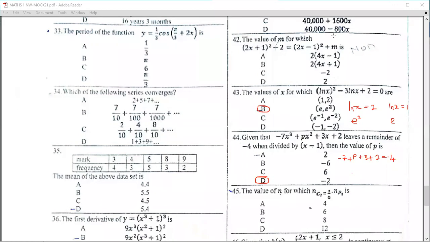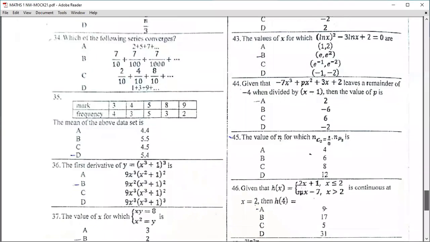Question 45. The value of n for which n combination 2 is equal to... okay, I cannot actually make out what is written here exactly, but let's see what we can do. With this one, I cannot be sure of anything that is here. So this question is not well written. So it is actually